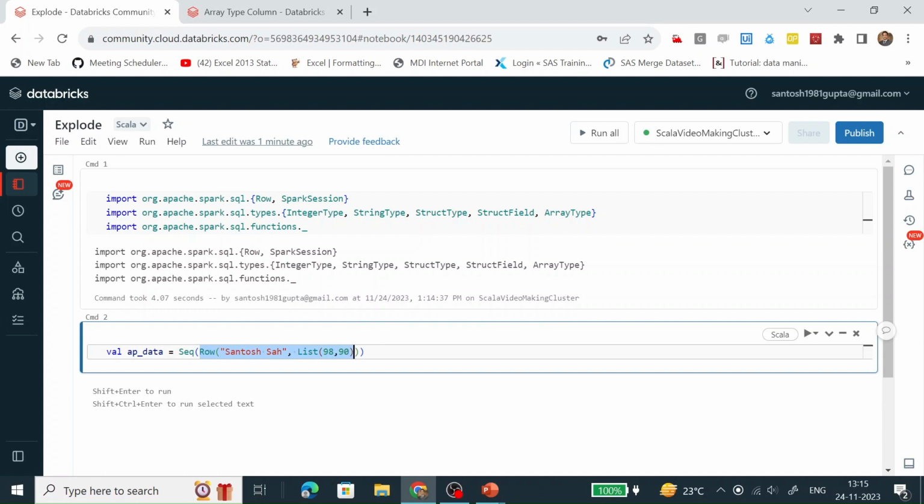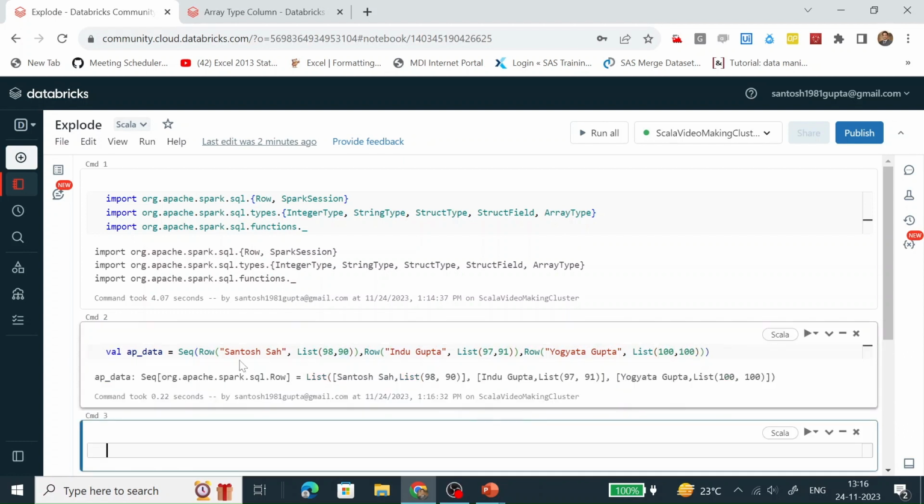Let's copy the content in here. Got it. So we have created one variable.